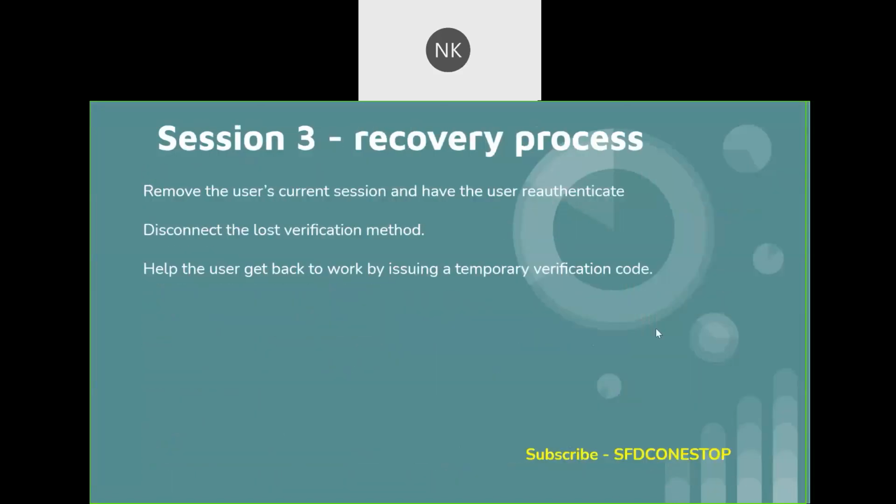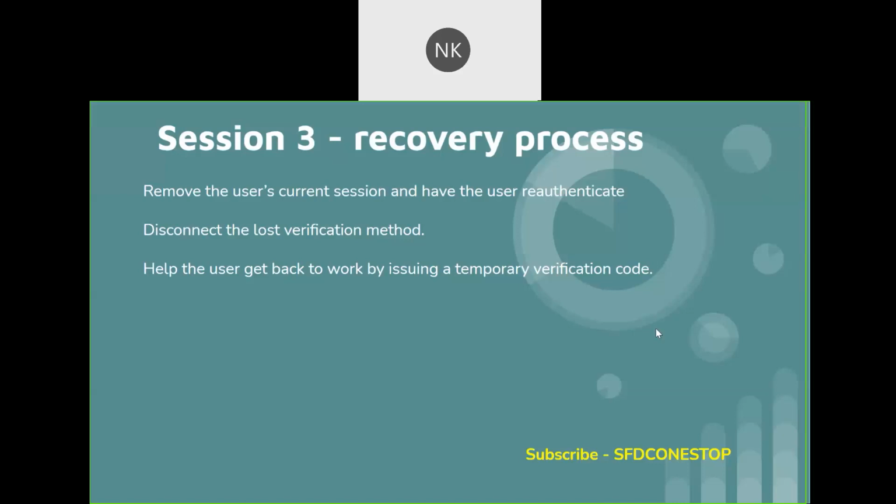So what are the recovery processes? There are different ways with which the user or the Salesforce admin can recover account access for a user for whom multi-factor authentication is enabled. Let's think of the scenario: suppose you have a user for whom multi-factor authentication is enabled. Now that user has somehow forgotten his phone or bought a new phone, and is not able to log in. How can we troubleshoot this specific issue? We always have to remember, one Salesforce Authenticator mobile app can be connected to a user account at a time.